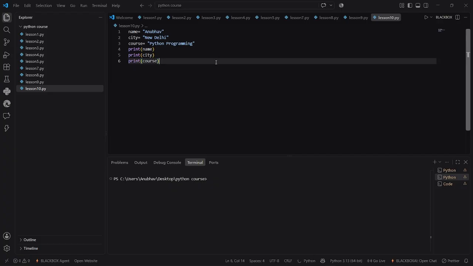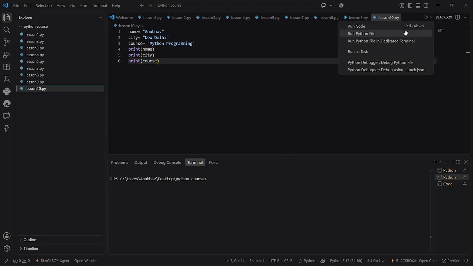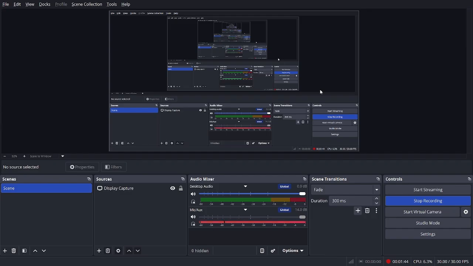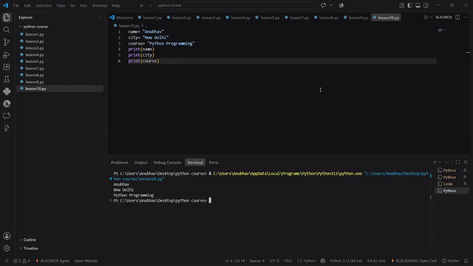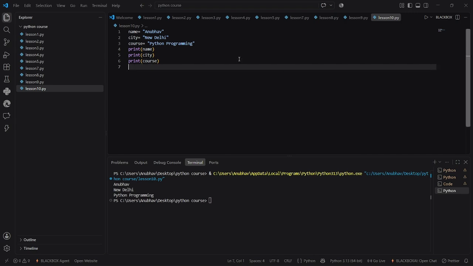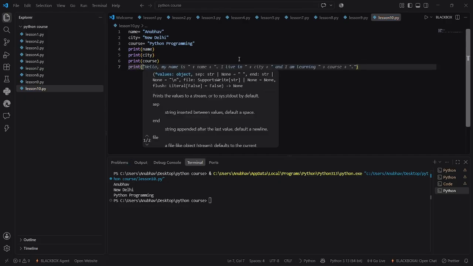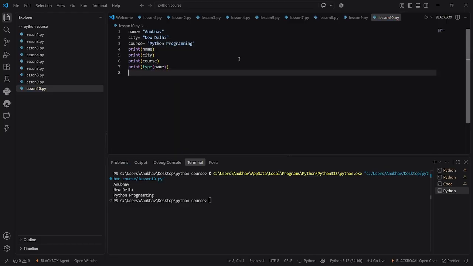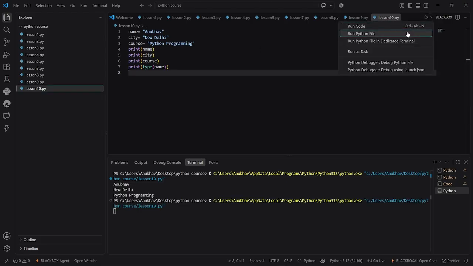Let's run this program. As you can see, we get our three strings printed. Now let's check their type. When we run this program,